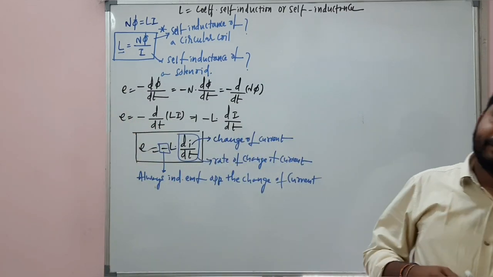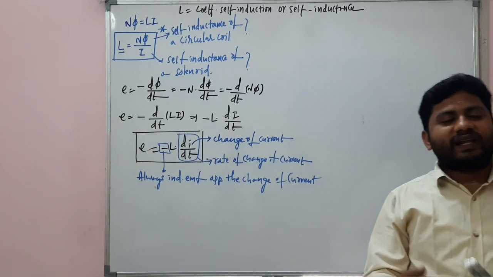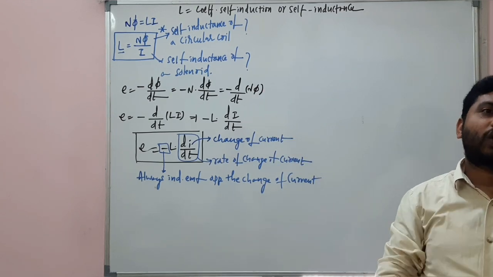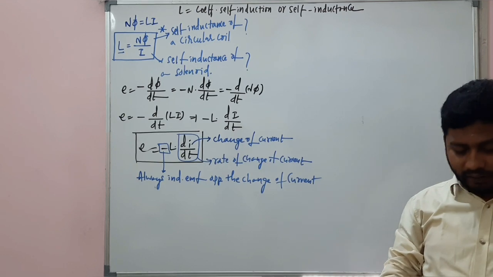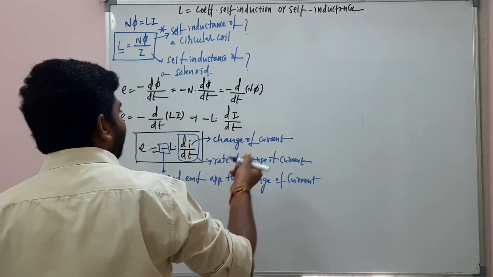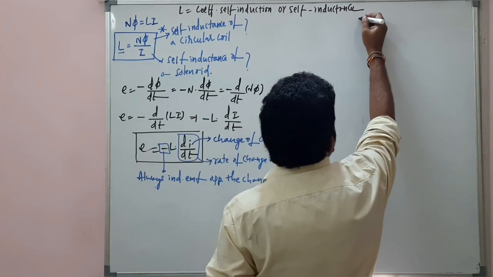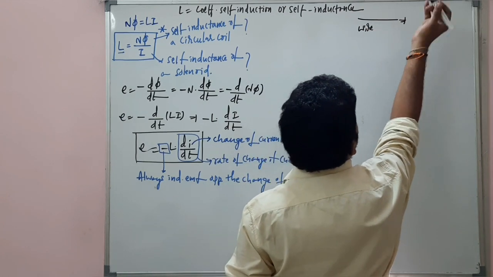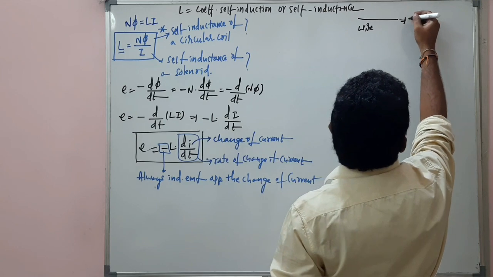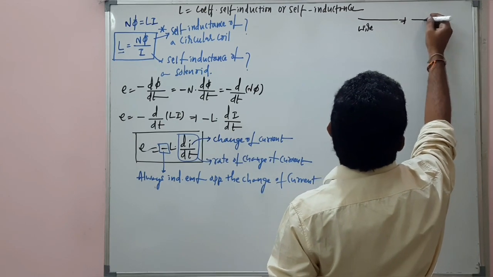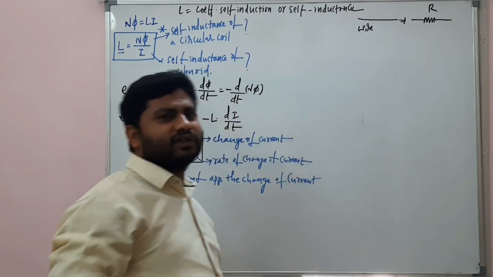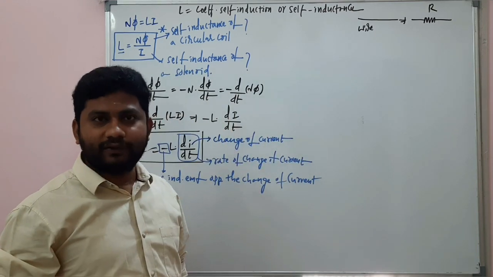Every coil wherever a self-induction phenomenon is taking place is called an inductor, right? Just for example, let me write, there is a conducting wire. We can represent this by using a symbol called a resistor. Each and every conductor will have some resistance. What will this resistor do?